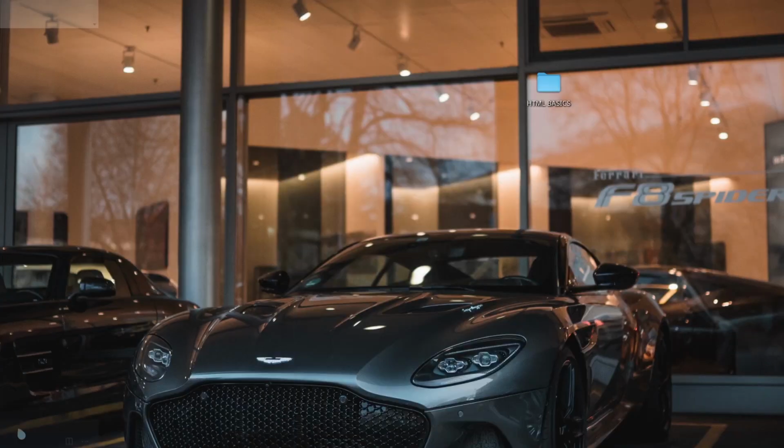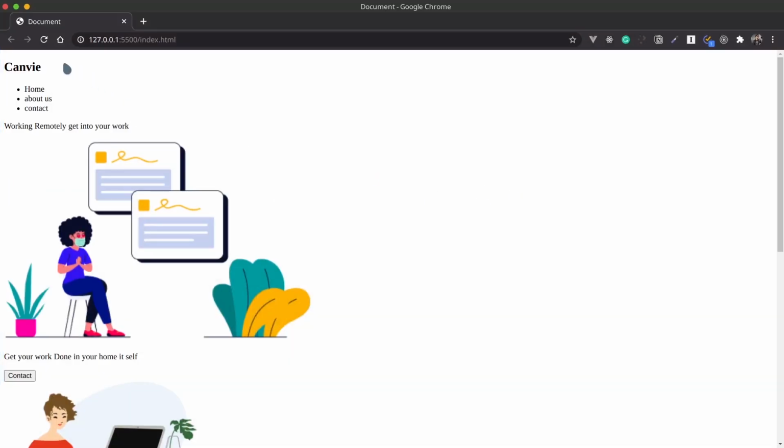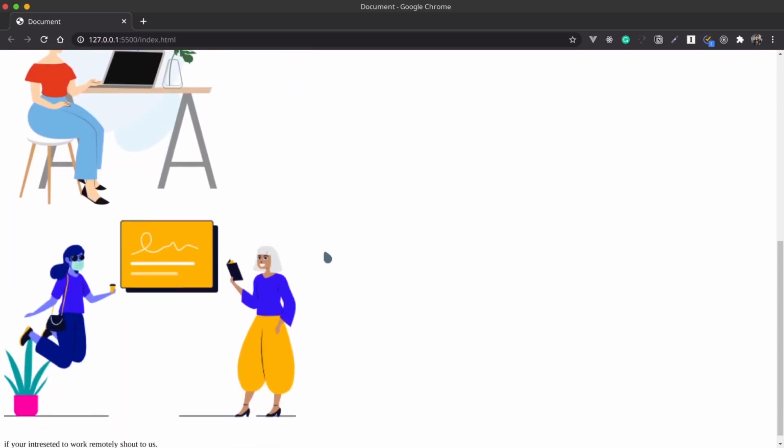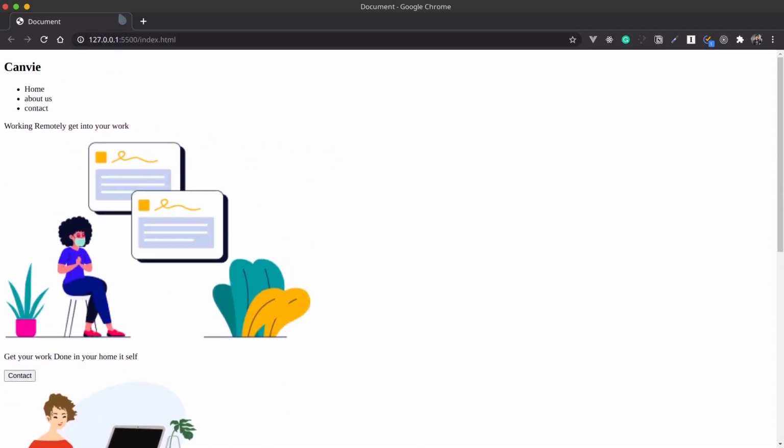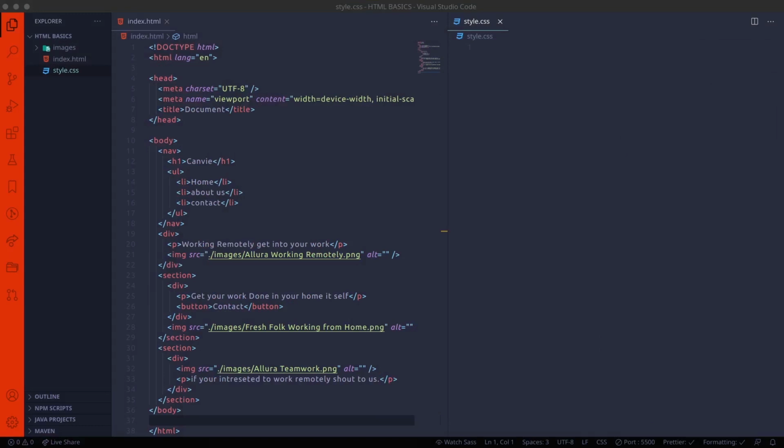So make sure that you'll have no border, no margin at all in the web page. So basically, what do we mean by border and margin? Here you can see that there is a little space on the left side. In order to get rid of this space, we'll style the web page.